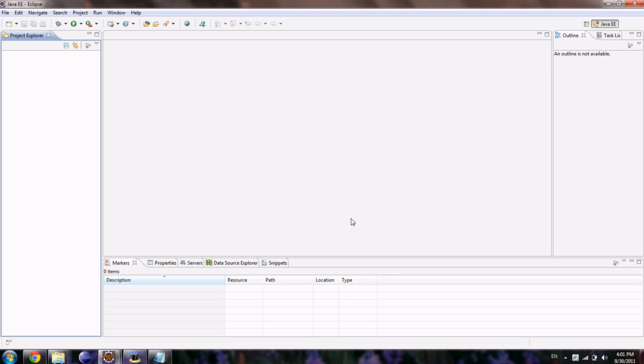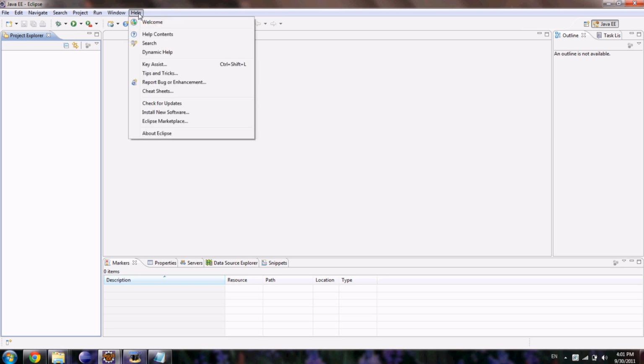Now, since Eclipse is an IDE for multiple types of programming, not just Android application development, it doesn't have the Android framework built into it. We have to explicitly install that Android framework into Eclipse. In order to do that, you have to install something called the ADT plugin, which is provided by Google, and I'll show you how to do that. So first of all, click on Help. Click on Install New Software,